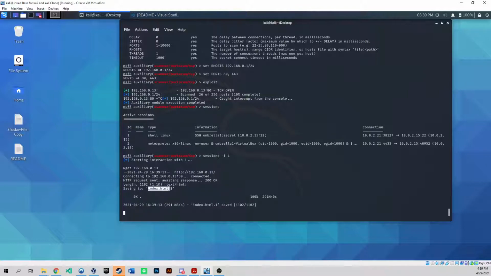It's saving to index, and I probably should have deleted the other one because we have it already twice. But I'm just going to go ahead and use index.html. It'll be .1 here, but that's okay. I literally just ran through this, so let's go ahead and do cat